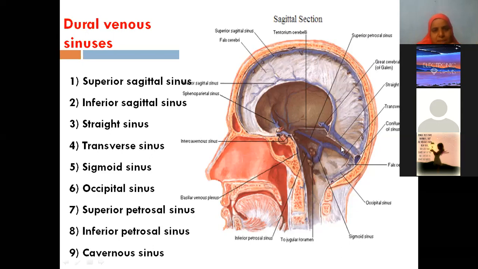So when you see the falx cerebri, what are we finding? There is one blue vein above. You name it as superior sagittal sinus. There is one free margin of this falx cerebri. The upper one is attached margin and the lower one is free margin. In the free margin, we have inferior sagittal sinus. This sinus is the straight sinus. Okay. Then we also have this sinus, the transverse sinus. S-shaped sinus is sigmoid sinus. Towards the occipital bone, we have occipital sinus. Okay. So in the other section, I will show you the superior petrosal sinus, inferior petrosal sinus, and the most important one is cavernous sinus.